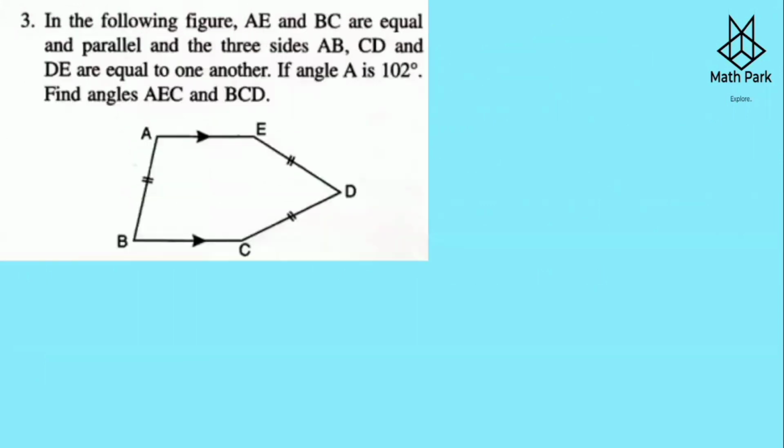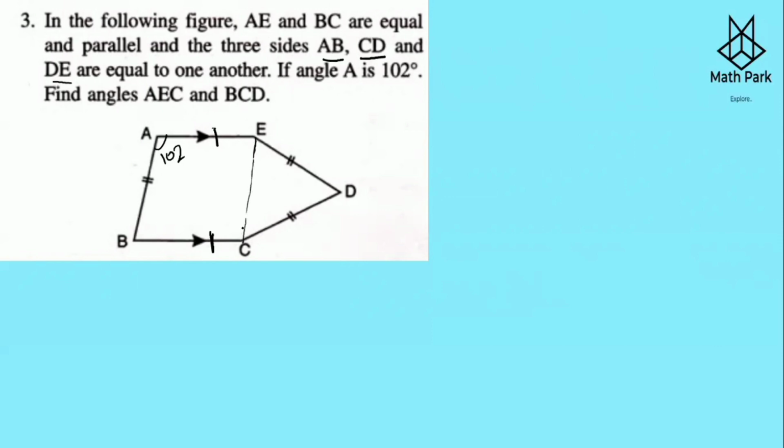In the following figure, AE and BC are equal. Let us mark them. AE and BC are equal and parallel. And the three sides AB, CD and DE are equal. They are already marked here. And if angle A is 102 degrees, find angle AEC. So let us join this